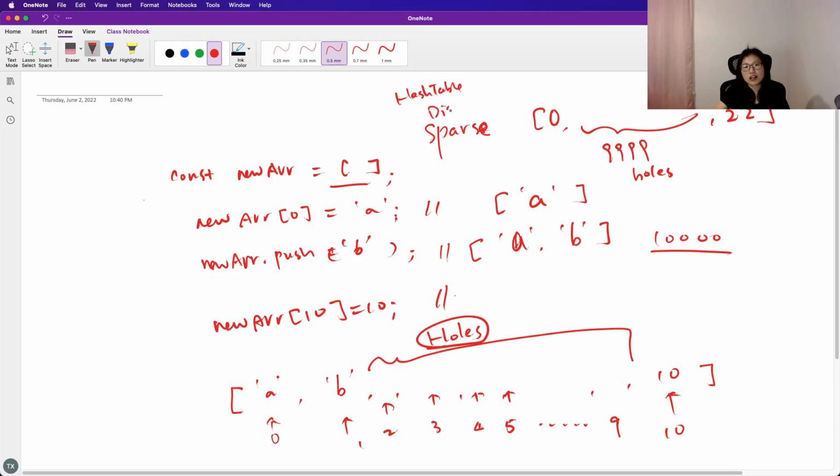You can think of this one as just a regular JavaScript object, which has index 0, yes, 0, and index 10,000, yes, 22, and all others ignored, okay? And that is called a dictionary,